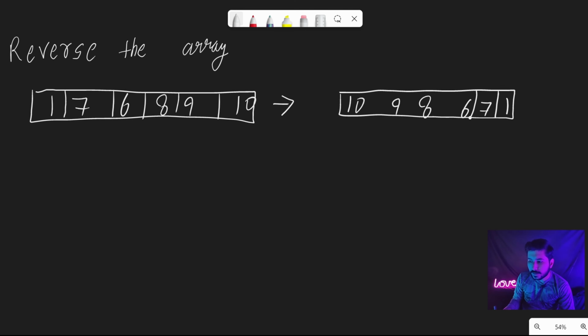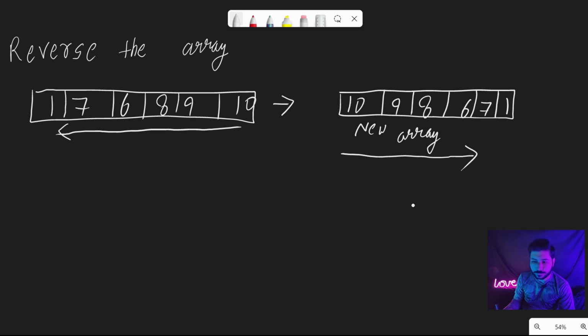So this should be the new array. The brute force approach is simple, where we just traverse this array in the backward direction and assign all the values in a new array in a linear manner from 0 to n.